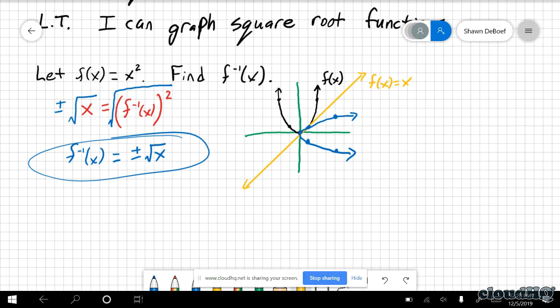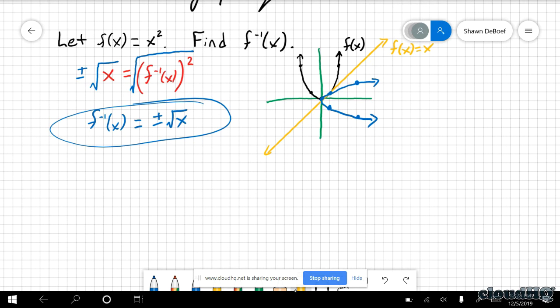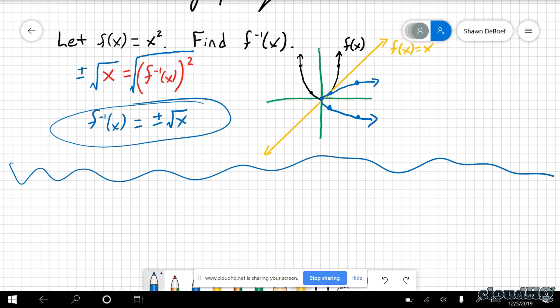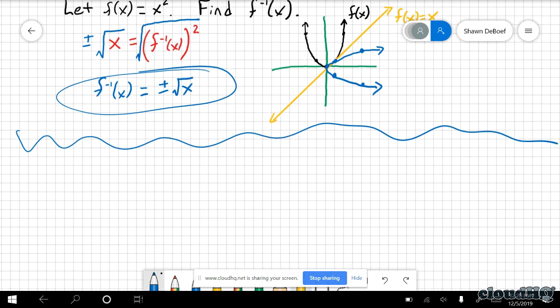Okay, so I'll leave this graph paper up there. That's kind of a little introduction or a tie into what we did yesterday. We're going to actually start graphing square roots now. And I want to start with the parent function, which is really the one I have graphed up there. But consider f of x equals square root of x. So that's just the most basic square root function.